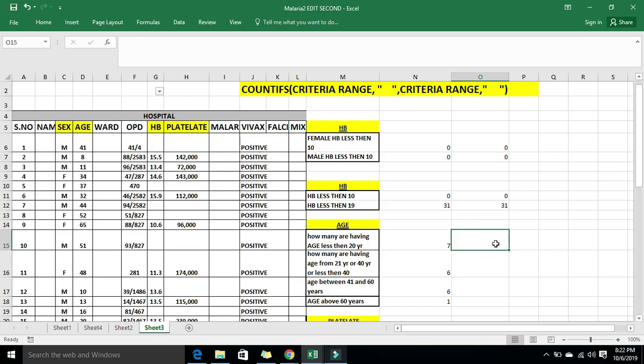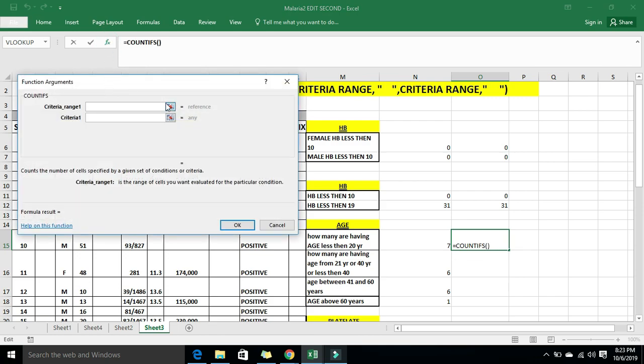Now let's go find out how many are having age less than 20 years. So we will be dealing with this column, age column, column D. See, on top it is written column D. So here is the formula again. Countif can help us out. It's the same formula. Press equal to countifs. Then on top of it, over here, select your